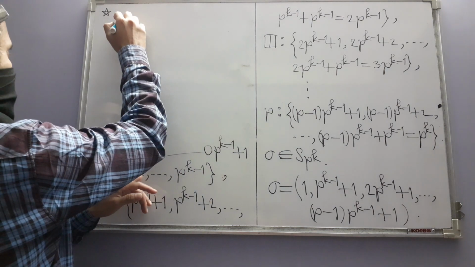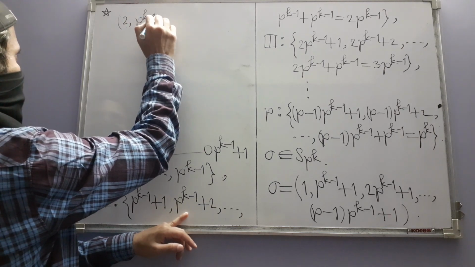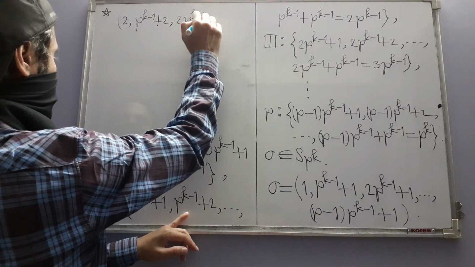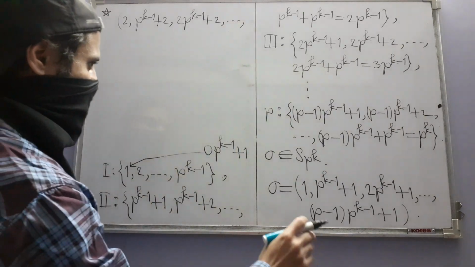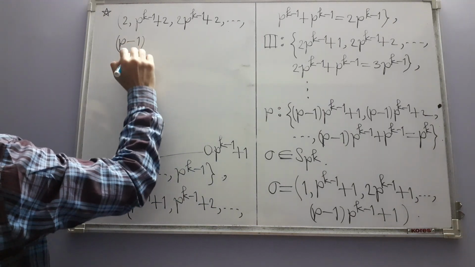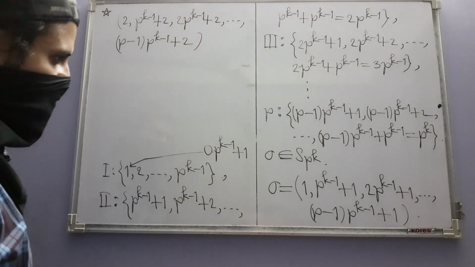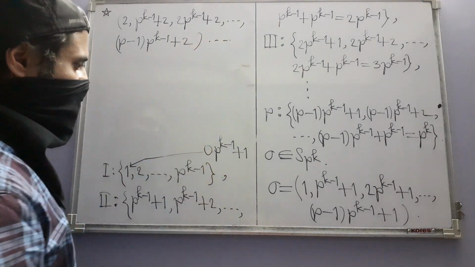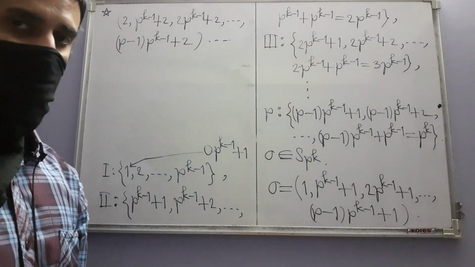So the second element, of course, in the first one it's 2, in the second one it's this, then in the third one, so that plus 2 is constant, it's going to stay there, just like we have plus 1 here. And finally this one. And if we want, we can write a third cycle, but no need. Like that it goes, and finally in the final cycle we are going to use the last elements of all the clumps,